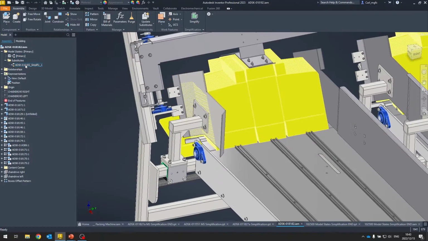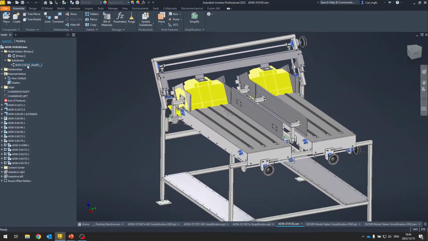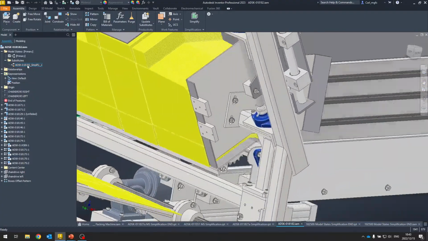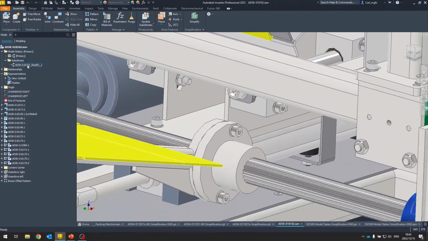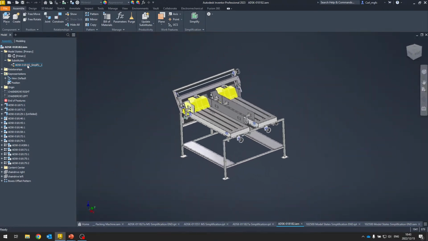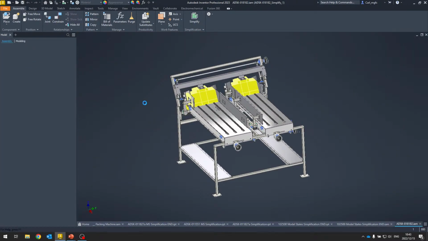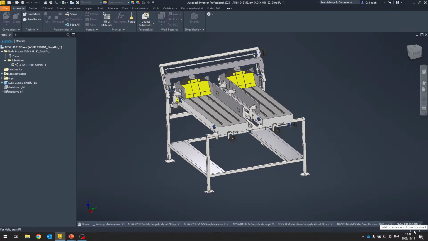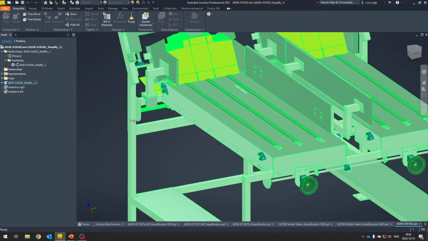And if we go to the substitute, that simplified substitute, just to have a look and show, we've got all the nuts and bolts. There's all the details within that. We've got the spline on the shaft as well. We can go activate that simplified component, and it's brought down from 1,000 odd down to 1 component within the